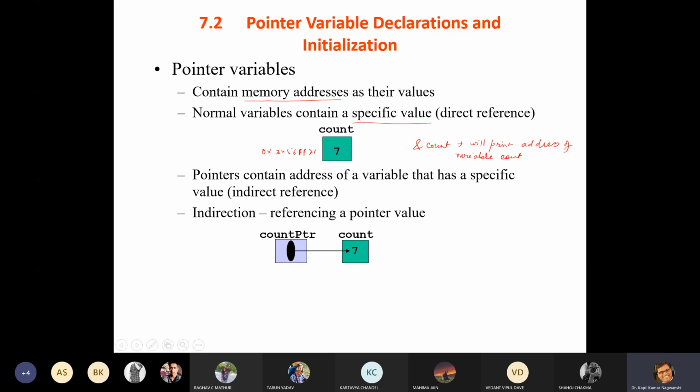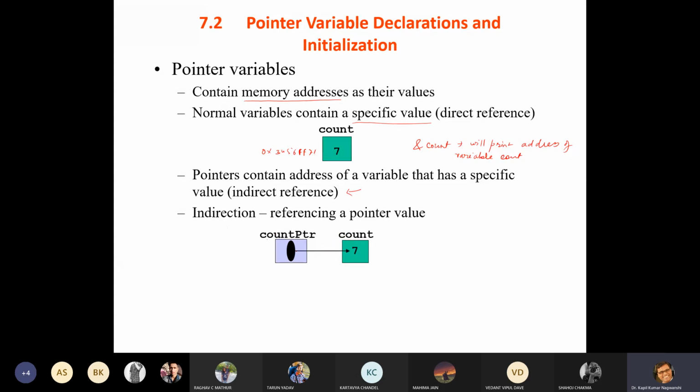So this is our address. The name of variable is count. Pointer contains the address of a variable that has a specific value, or this is the indirect reference. So this is count pointer. Indirection, referencing to a pointer value. So this pointer will point to this particular value. Okay. So this pointer holds the address of this count.